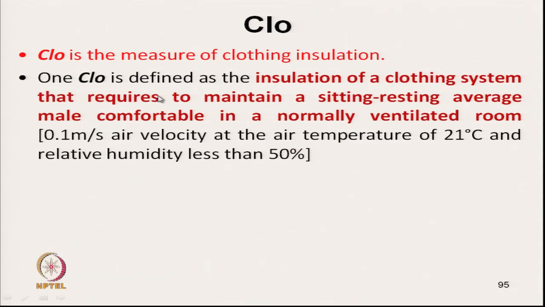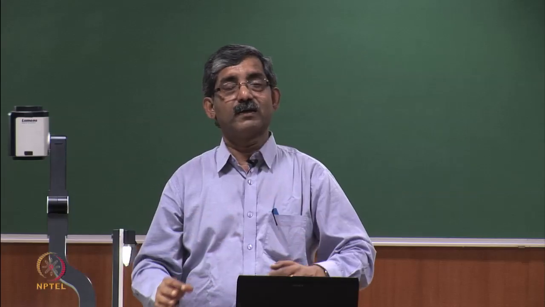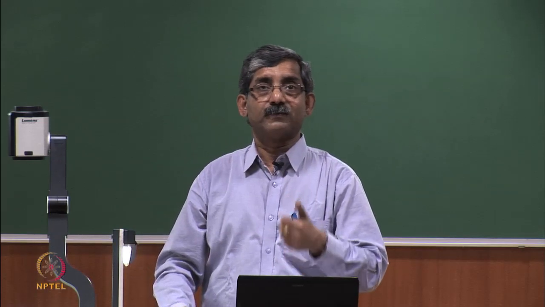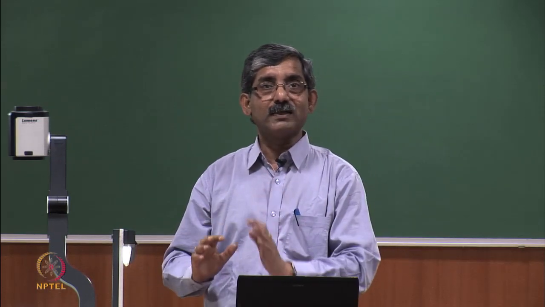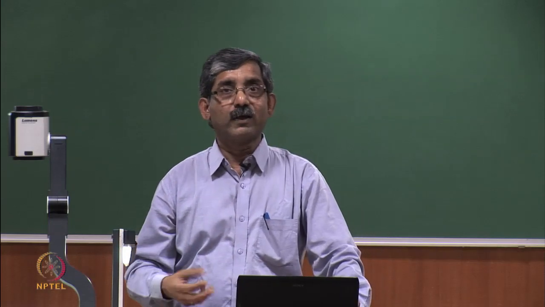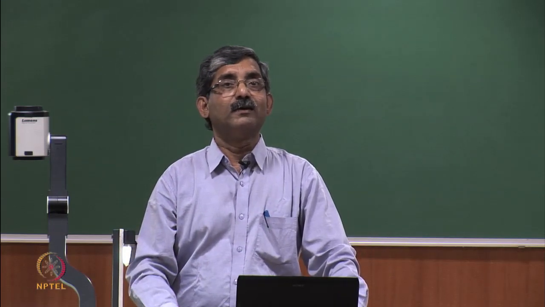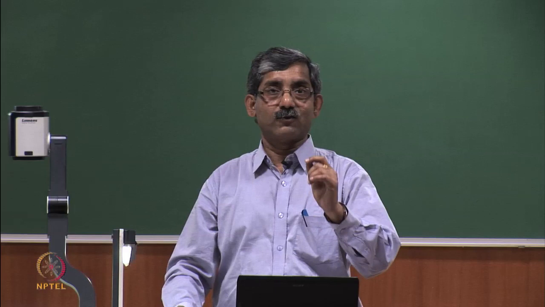1 clo is defined as the insulation of a clothing system that is required to maintain a sitting, resting average male comfortable in a normally ventilated room. That means, in a sitting resting condition, a male is generating one met. Once he is generating one met, to keep him comfortable, the level of insulation which a clothing should have